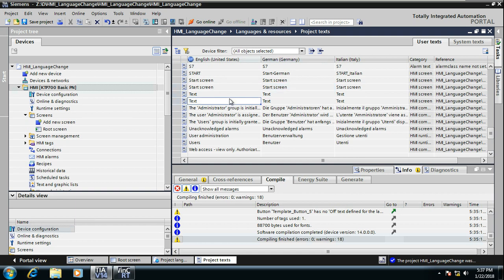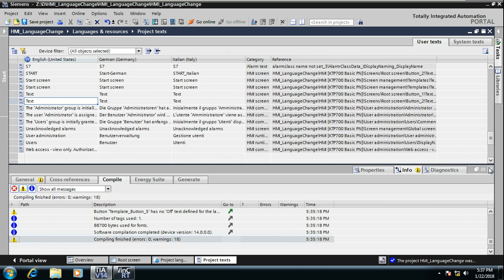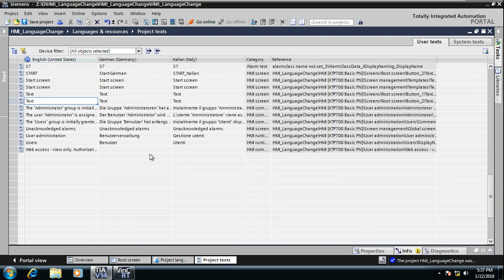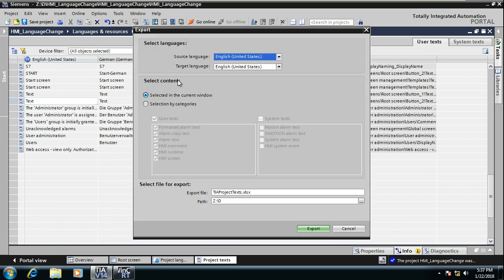There is one more option by means of which we can do it. Instead of entering the text manually in the project, we can do another thing. As you can see, two buttons out here: import project text and export project text. I'll click on export. I'll select the source language as English, target language as German, and select by category.